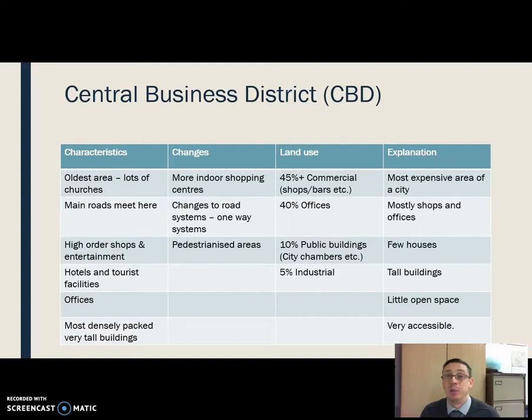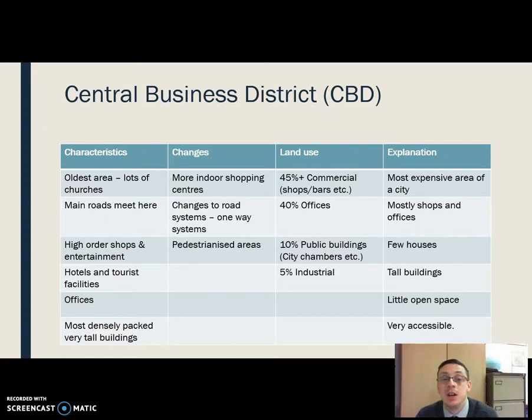It's one of the biggest tricks you'll use if you're trying to identify the CBD on an Ordnance Survey map, is to look for an area where you've got a lot of churches. Now next, main roads meet here, main rail links meet here. So we are talking about a place where a lot of business is done. So you need to be able to get there. Both staff who work in these businesses and consumers to purchase from them need to have easy